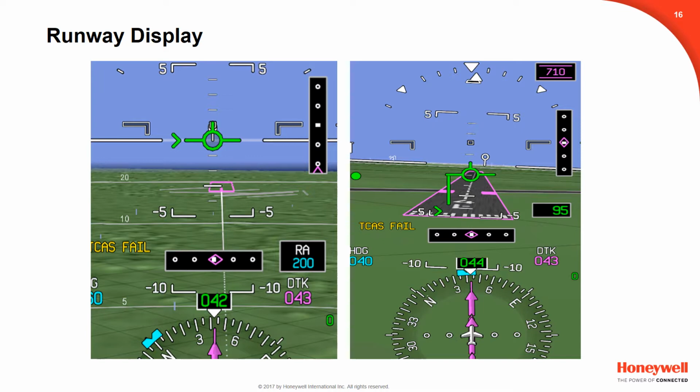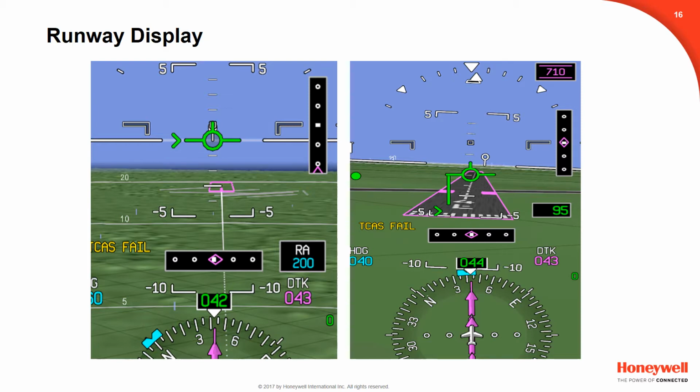Runways are displayed by the SVS when the length of the runway exceeds 3,500 feet. Runways begin to fade into view at 40 nautical miles and appear larger as the distance to the runway decreases. The FMS selected destination runway is displayed with a magenta outline, as shown here. The destination runway is highlighted on the PFD display only when the destination runway is one of the 10 remaining